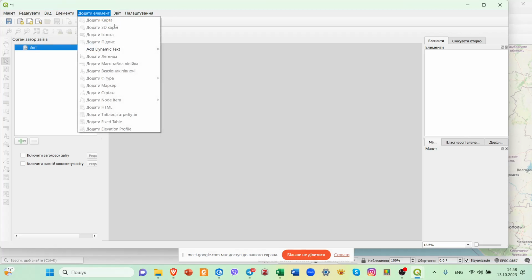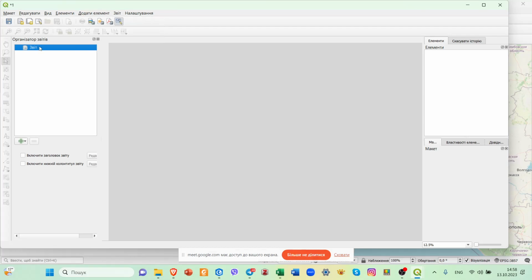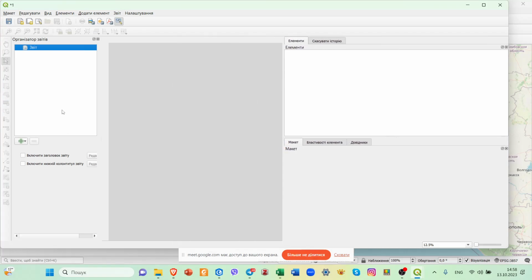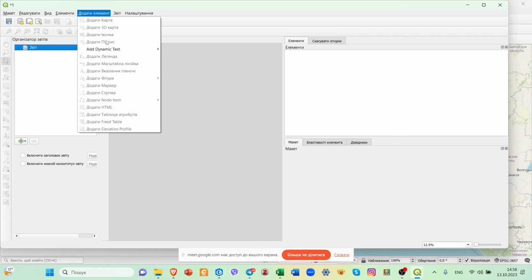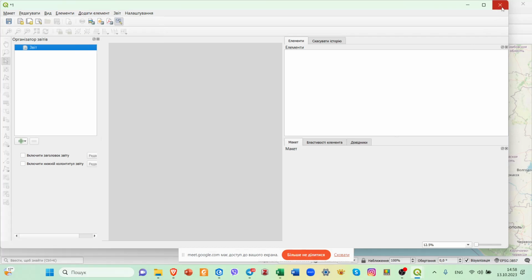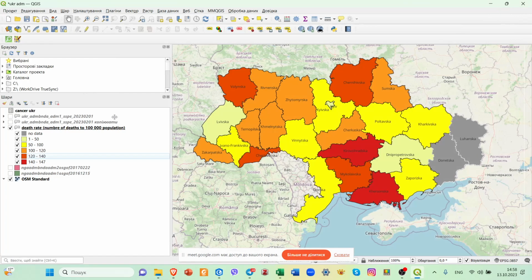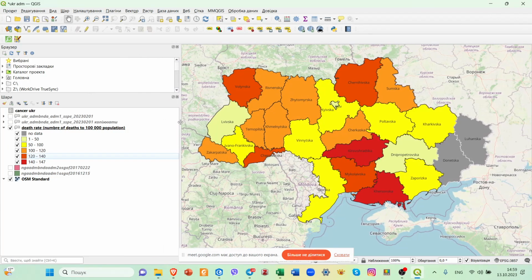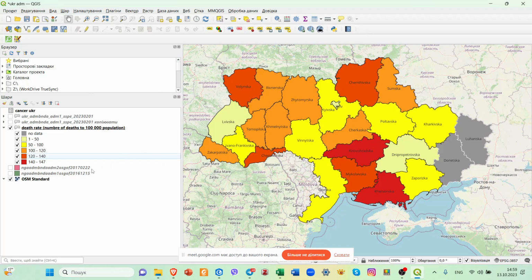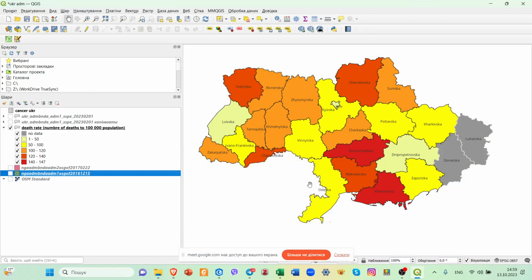Then we can add map to this. Oh, sorry, it does not work. I don't know why. In any case, this